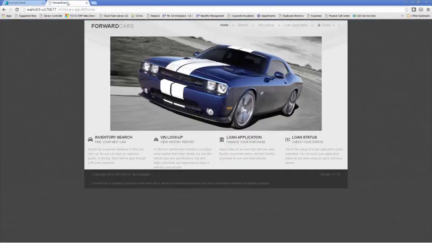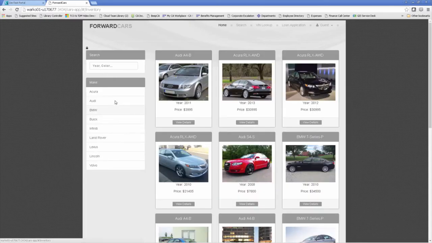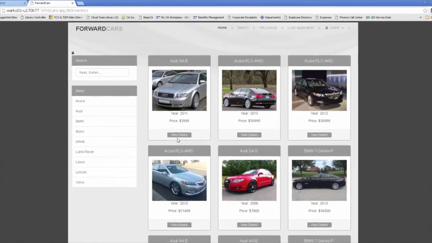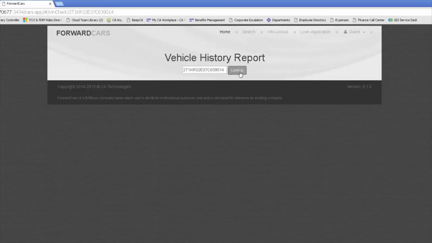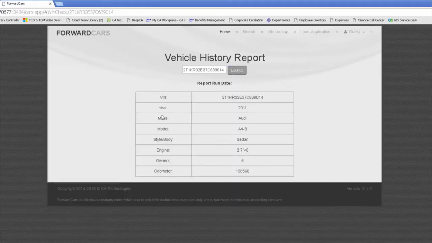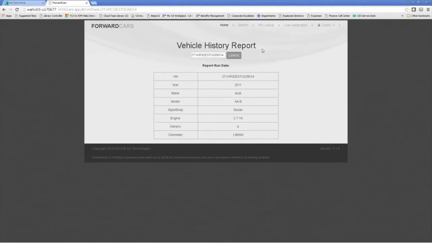So go back to the Forward Cars application, and we go to inventory search. It brings up all the cars. Clicking on the first car, I get all the information about the car. I click on the VIN and do a lookup on the VIN number. It gives me the different fields: the year, the make, the model, the engine, and so on. Once I decide I like this car, I go to the loan application